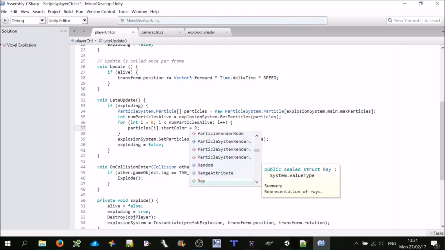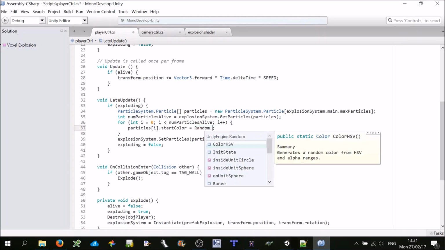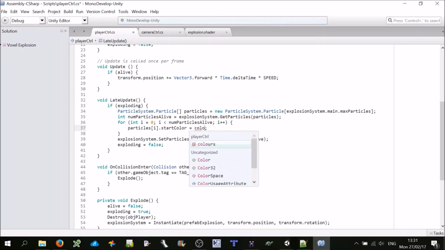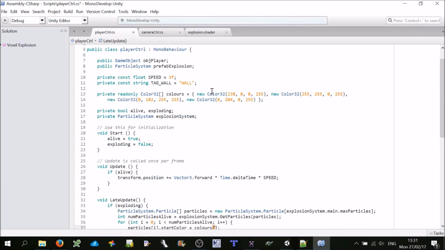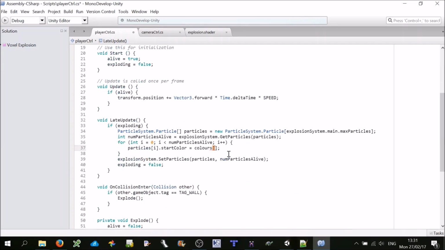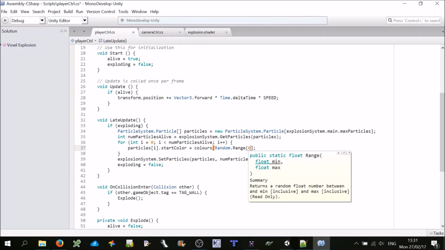So random dot, we need to use our colors array, and what number do we want to use? Well, we want a random value from 0 to 3, right? Because there are 4 colors, and in arrays we start at 0, so we want to go up to 3. To do that, let's go Random.Range. What does it take? It takes a minimum of 0. Now the maximum,